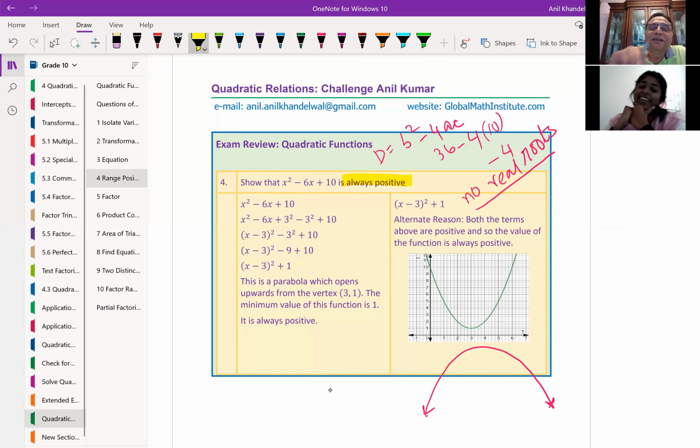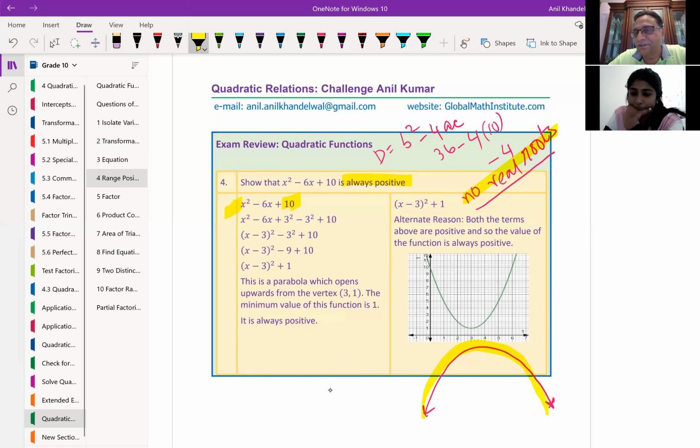You know why? You can say when x is 0, then the value is 10. That means the function is positive for x equals 0, right? And we know that it has no real roots. And you can also say that the function opens upwards, right? So you have to justify in so many different ways. And don't just leave your statement like that. No, you can't leave it like that. That's wrong. Yeah, got it. That is half the solution, because it is possible that it could go down, right? So if you say this function